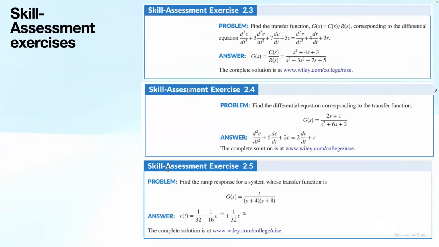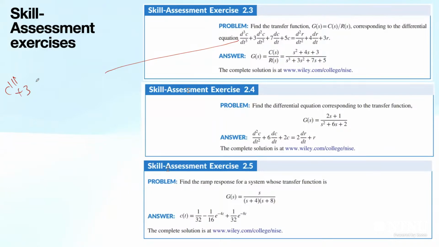So here we have also some skill assessment exercise. We have here a differential equation, and we are asked to find the transfer function. So we will do it quickly. In the first problem, it's C double dash, I will write it in different ways, C triple dash